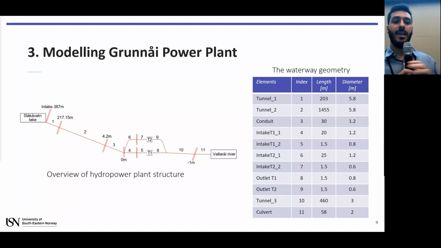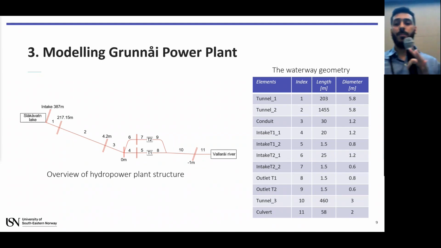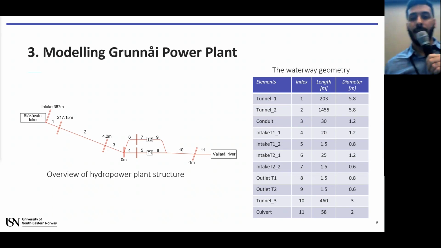The main idea here is that on your left, you're going to see the overview of the structure of the plant. You're going to see that the reservoir stands at 387, if I'm not mistaken, meters above turbines 1 and 2. So this is a 2-turbine hydropower plant. The discharge is 7.5 cubic meters per second. And here we're going to see that the inlet is divided into two tubes, 1 and 2. And then